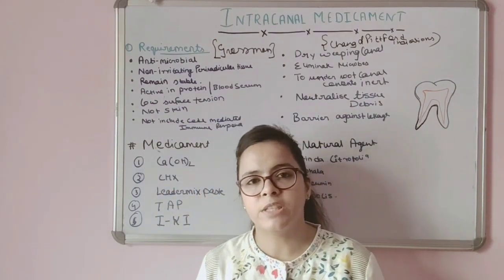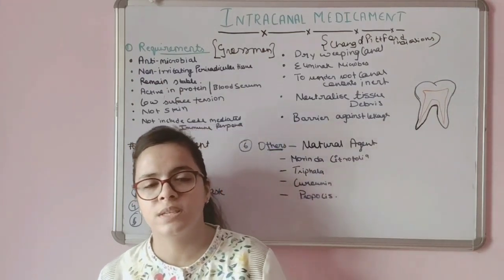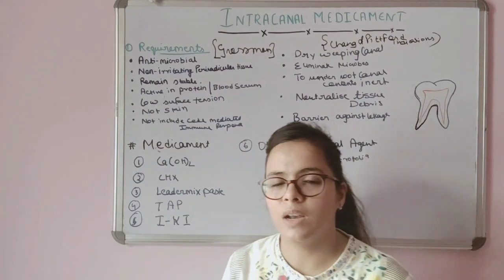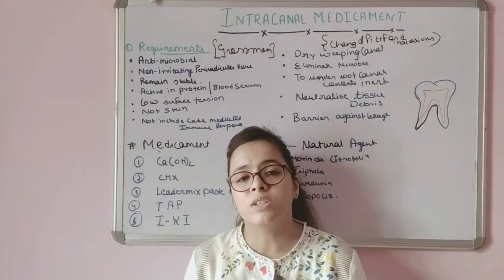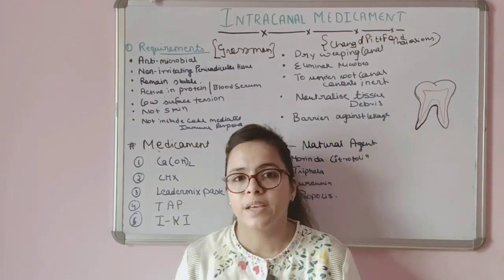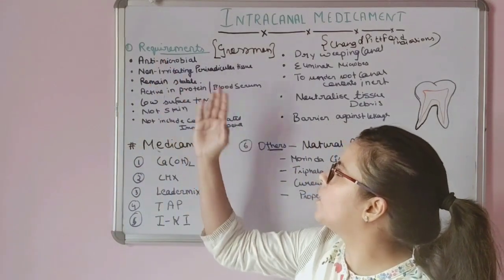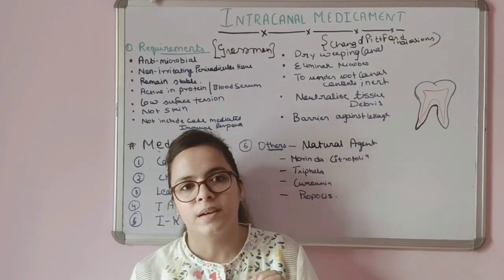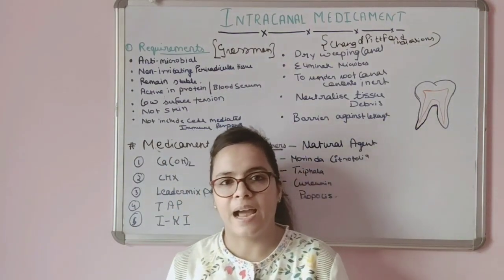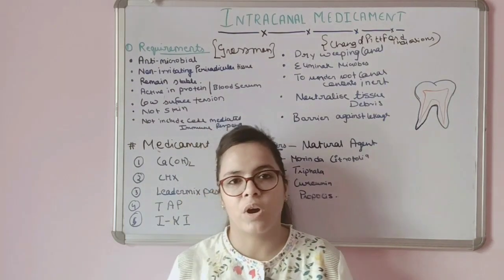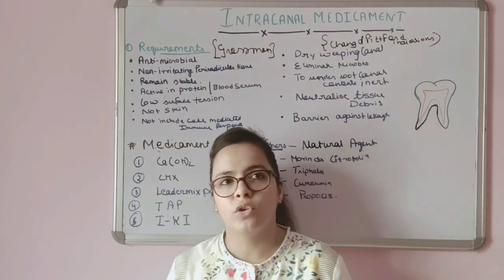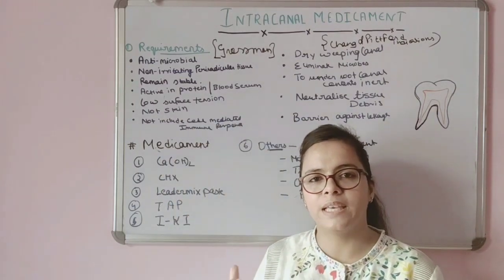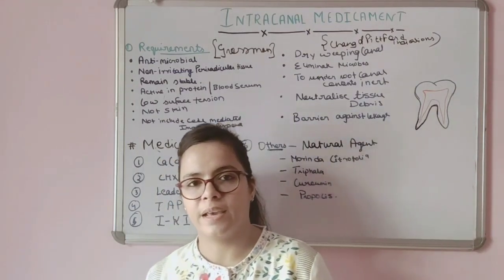So earlier when CMCP was used, which is not now used, then eugenol was used at that time. Eugenol is not really used now because it causes periradicular tissue irritation. As your requirement already says that it should not cause any periradicular tissue irritation, then it is said that formocresol, as it is mostly now used by the periodontists and is still being used. All these were the past about the intracanal medicament.